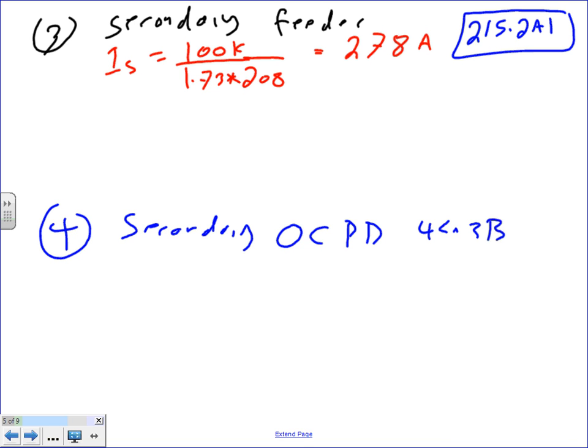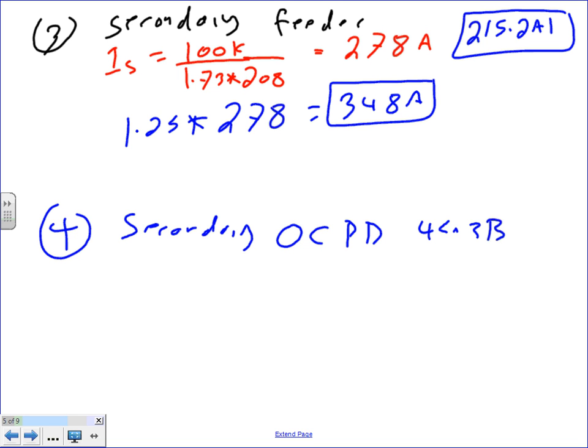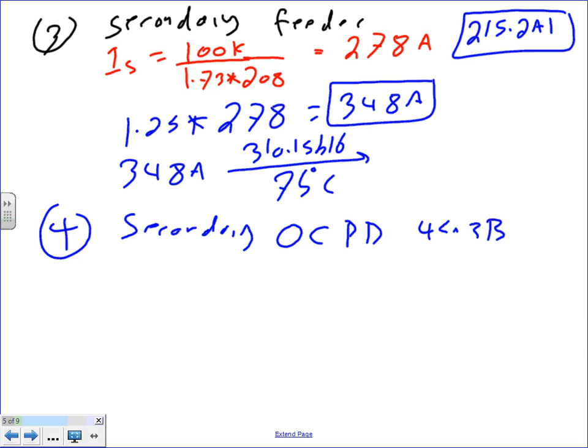Assuming it's continuous load, I'm going to take 1.25, multiply that baby by 278, and if I did the math right, 348 amps. Then you take the 348 amps, take it to 310.15 B16 under 75 degree column, and that will get you a healthy